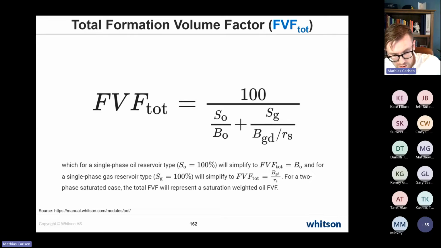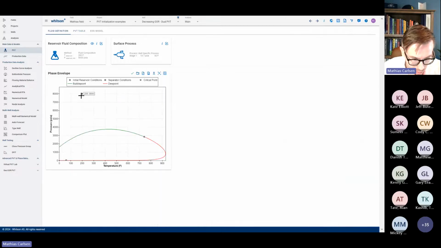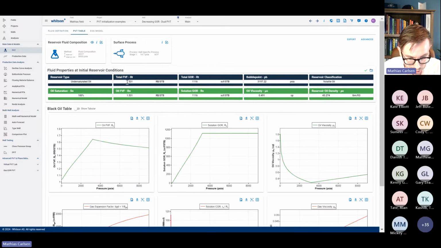So exactly the same units as the formation volume factor. And then if you have a two-phase saturated case, you'll deal with some kind of saturation weighted average of the two. So in this case, now I'm above the saturation pressure, and I have the formation volume factor equal to the oil formation volume factor because